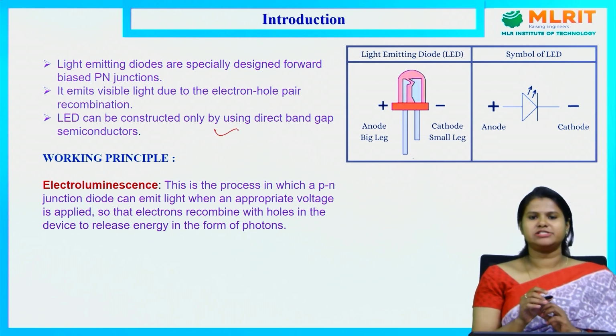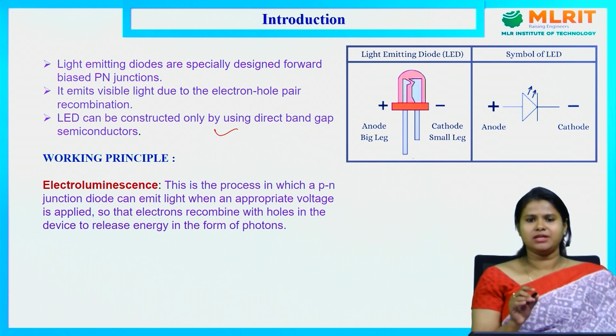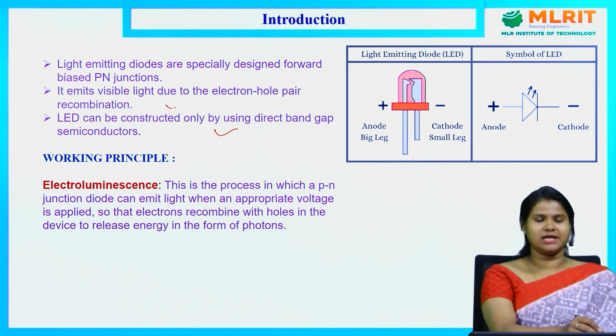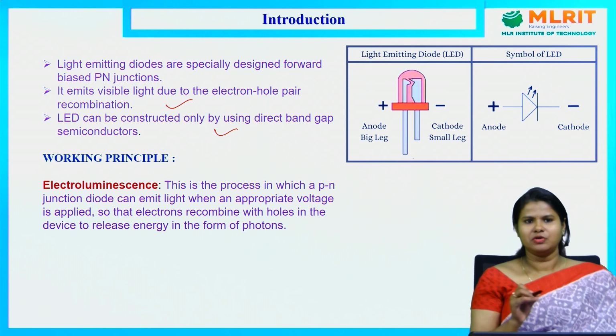In the last lecture I discussed direct and indirect band gap semiconductors, in which I mentioned that in direct band gap semiconductors, when electrons and holes recombine with each other, photons are produced. That's why in an LED, due to the recombination of electrons and holes, light is produced. Using this LED, we can get any visible light depending on the band gap of the material used. How? We will discuss this in detail in the working section.